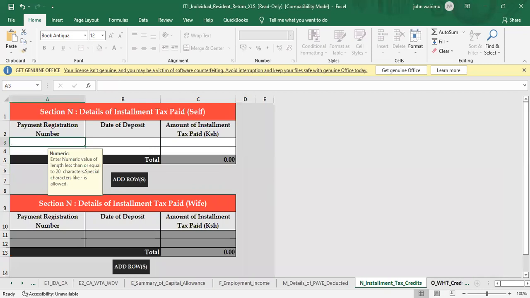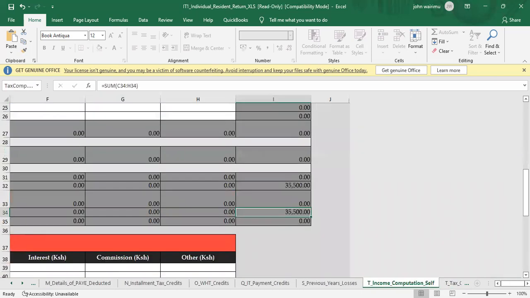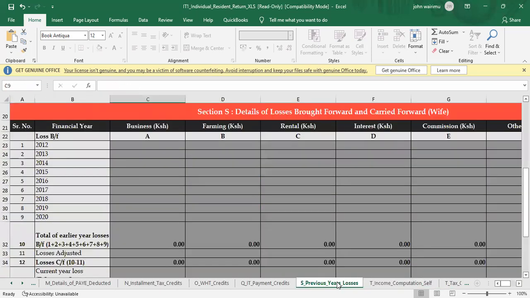Good. Now, all the other details are not important at this point. You move to the last page. Of course, in case you had borrowed last year, you made a loss, you will come and capture it here. This is for business people anyway. But for those with the withholding tax, of course, you don't make a loss. Those with business,